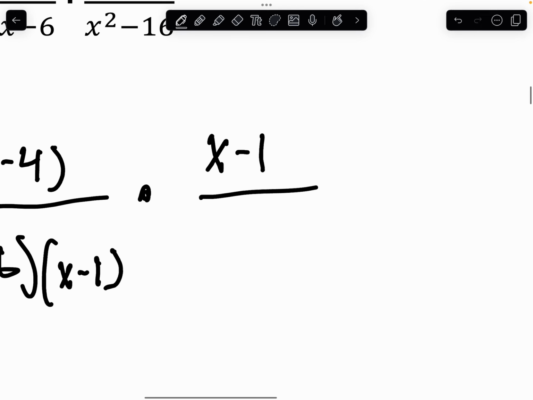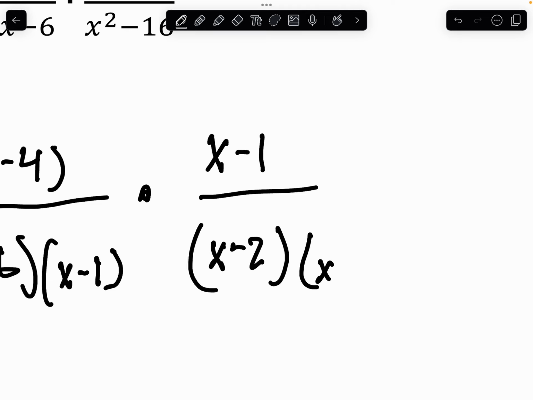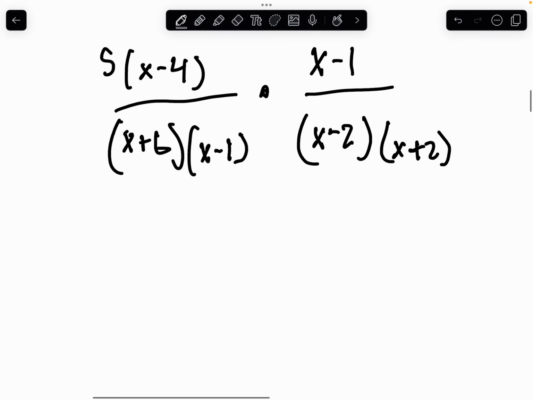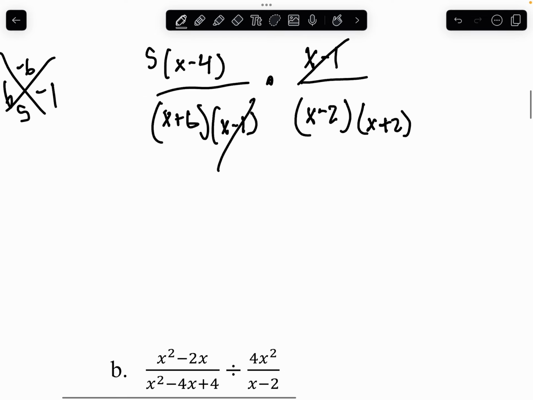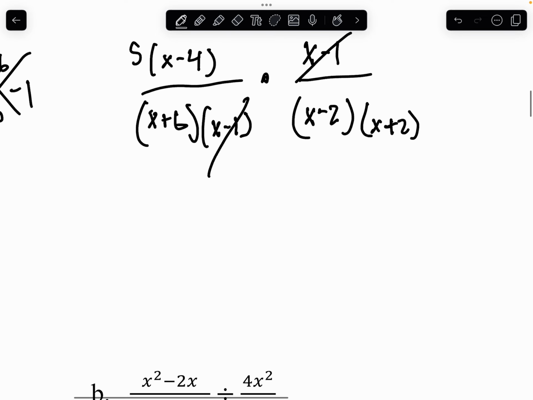Next part, you can do x minus 2 times x plus 2. So now we can start canceling. Go boom, boom. Alright, and you can't cancel anything else, so the answer is going to be 5 times